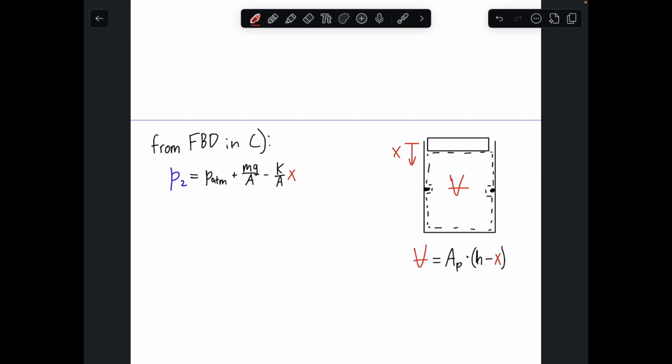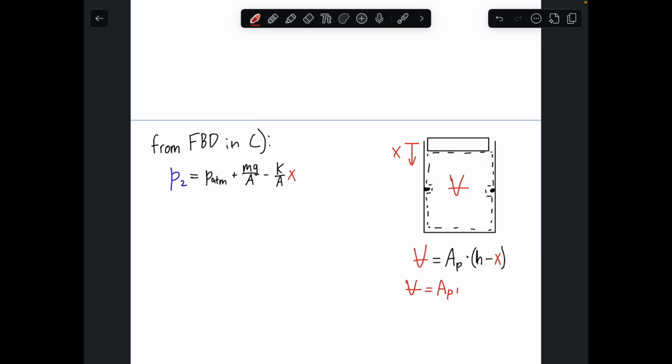You know, I can write out some work just to be a bit more thorough, but that's really what tells us that the line between 1 and 2 should be straight, because this pressure is a function of x to the 1, and volume changes directly with that x value. But if you wanted to see the work for that, I can just write this out to say